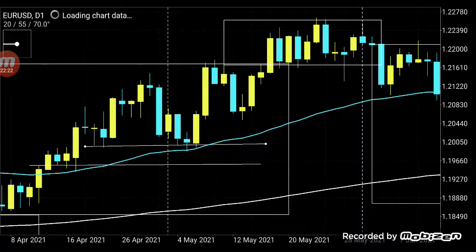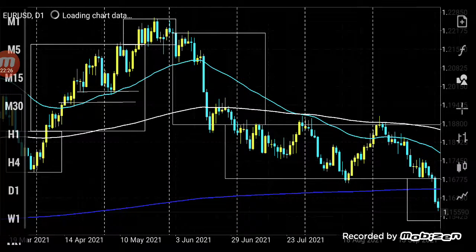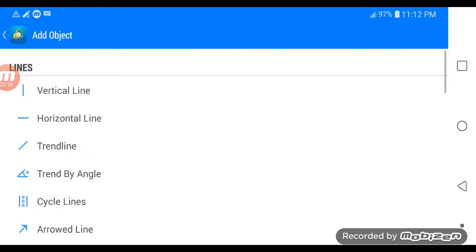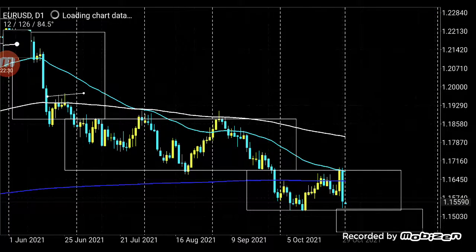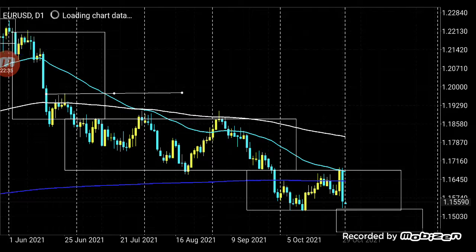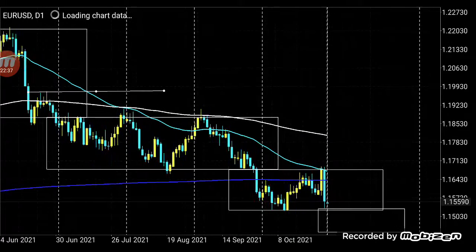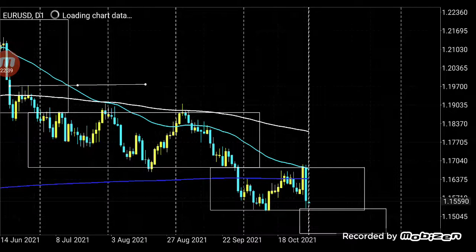Boom. Make sure you draw your support in the uptrend, and if you're in a downtrend, you draw your resistance. Very important. These 3 things. I'm saying the dealer went high, and this is the downtrend. You draw your resistance as you're going down. You get me? Because once again,